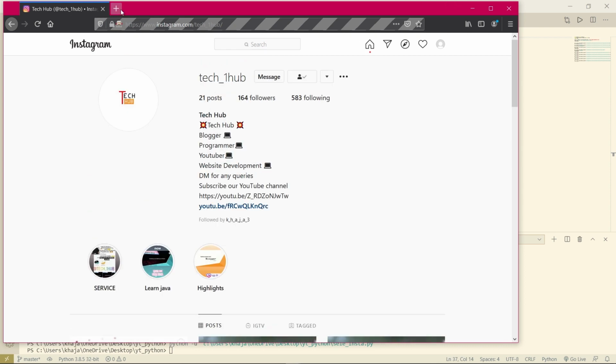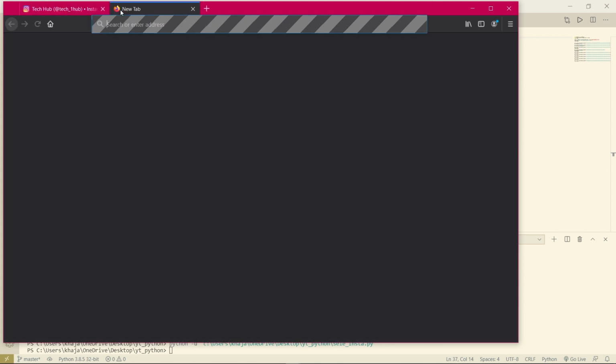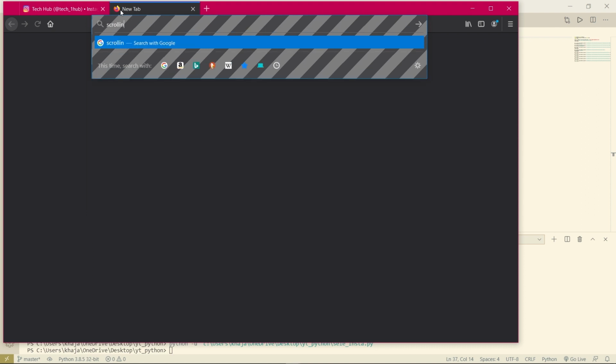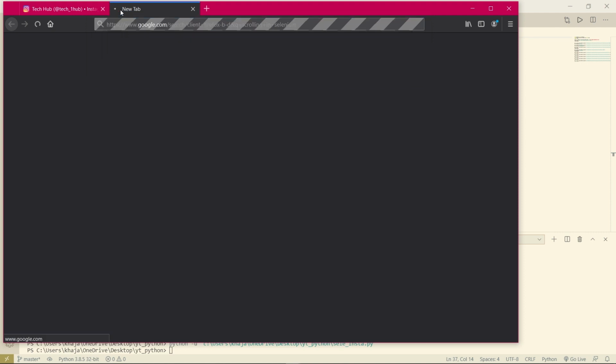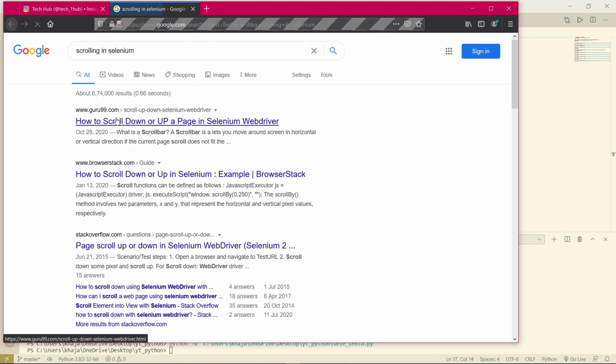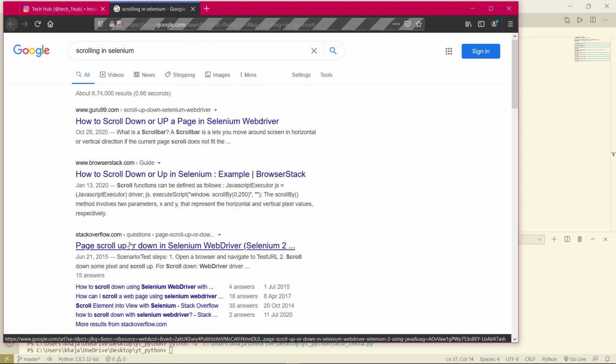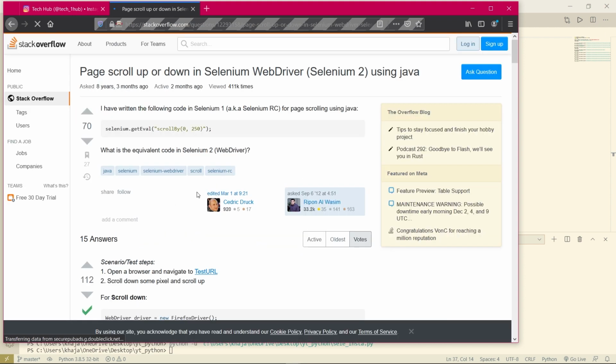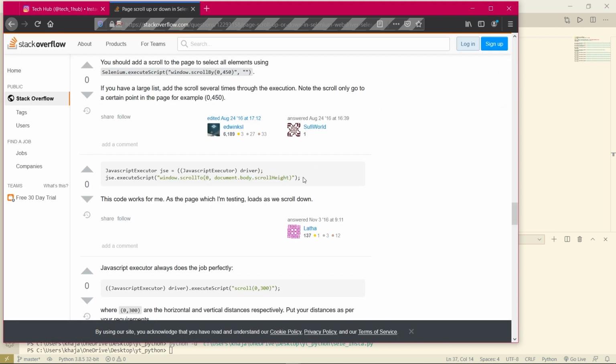To do that, we will search scrolling in Selenium. From Stack Overflow, we will take that. Okay, wait. We will take only this line, and we will modify this.